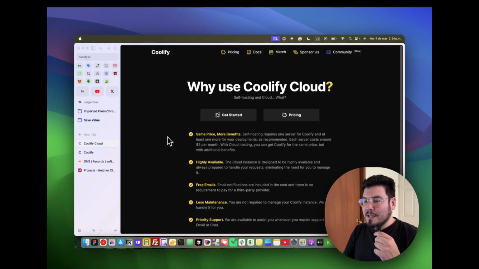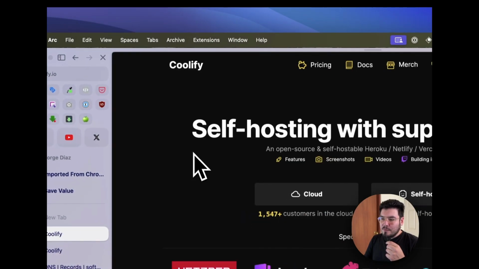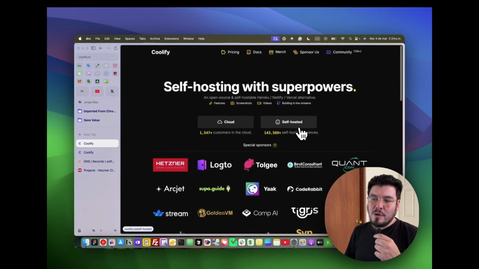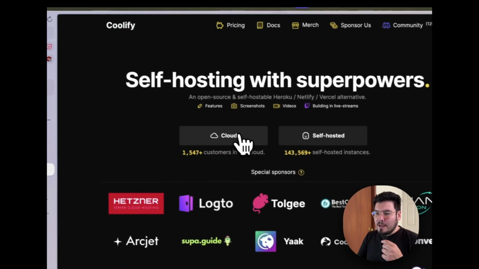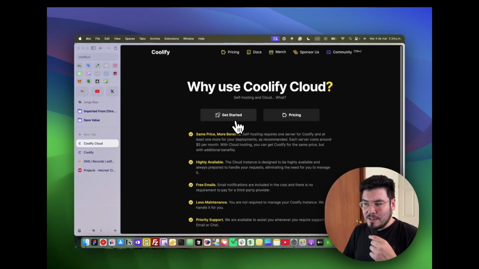I'm going to show you here on my screen what Coolify is. And well, it is a software that you can install on your own server or in the cloud. And this tutorial will be for installing n8n in the cloud, in the cloud option of Coolify, and it costs $5 a month. If you want more servers, it costs you $3 a month per